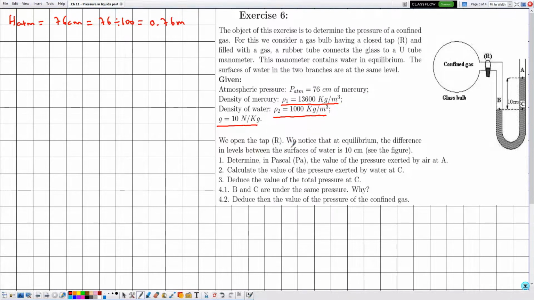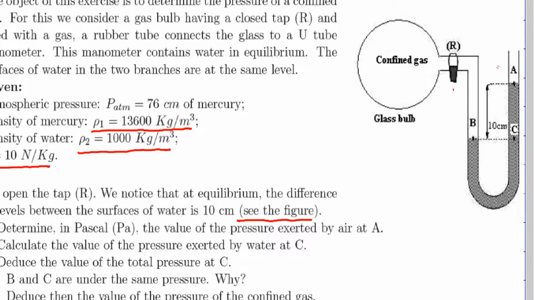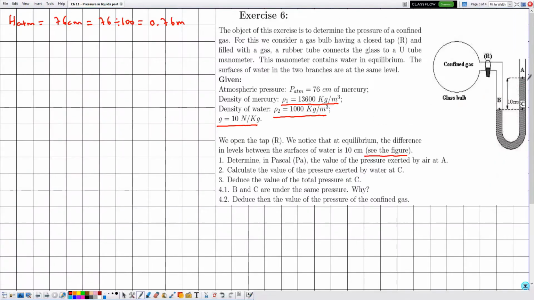Now we open the tap R. We notice that at equilibrium the difference in the levels between the surfaces of water is 10 centimeters. See the figure. So now they mention the figure, then we can use it. Previously, before opening the tap R, the points B and A were in the same horizontal level. So this is the point B and this is the point A. Now after we open the tap R,